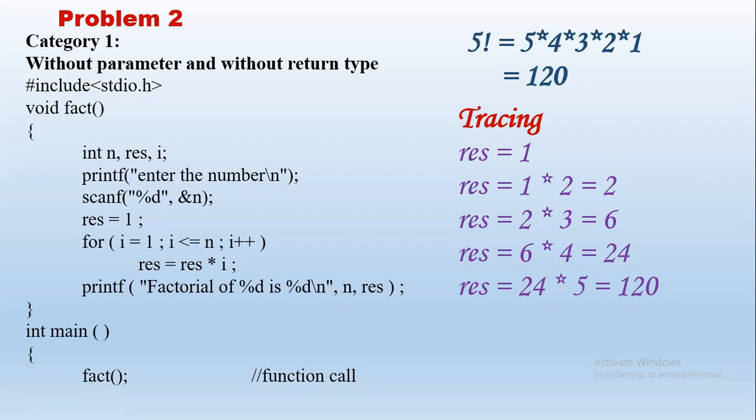Okay, now from the function call, from here, control went to the function, executed all the lines, and when the function completes, it will come back to the same line and then continue. So if it had to return something, it will return, or else it will go to the next statement. Here anyway we are not returning anything, so we can go to the next statement. In this problem there is no other statement. Is this first category clear?